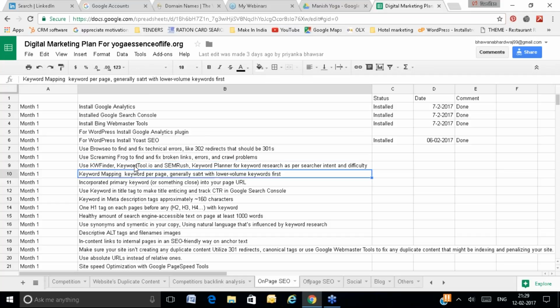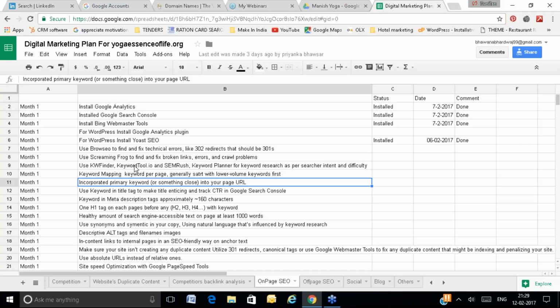So you can use the tools to find the right keyword, one that has a small amount of competition and a good amount of search volume. So you will map the keyword to the right pages. Let's suppose you have collected 200 pages. So you can distribute the keywords on the respective web pages.